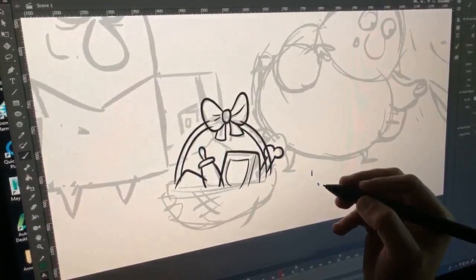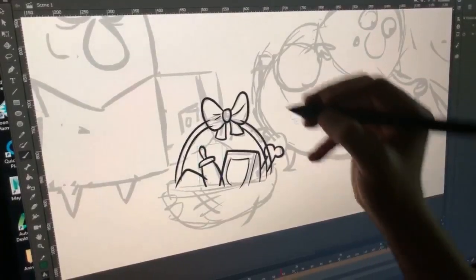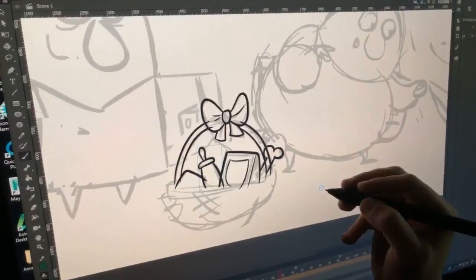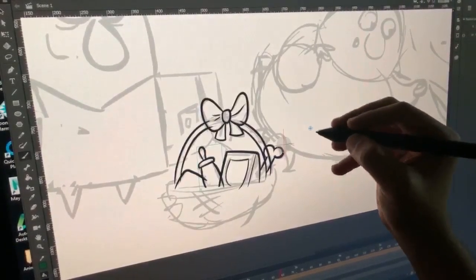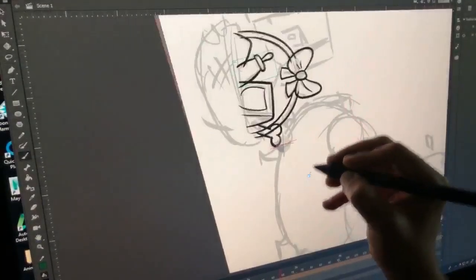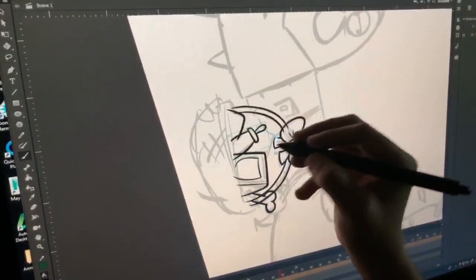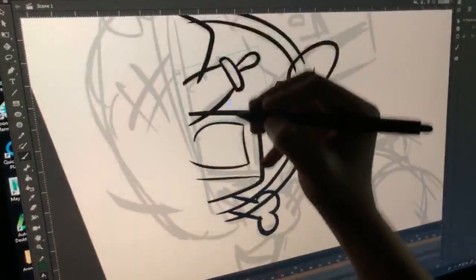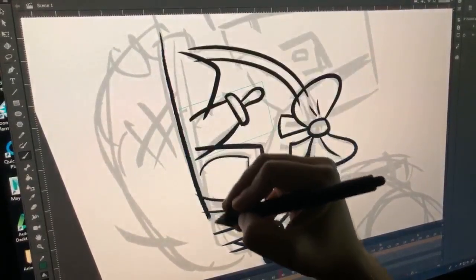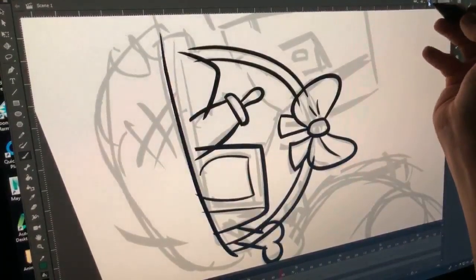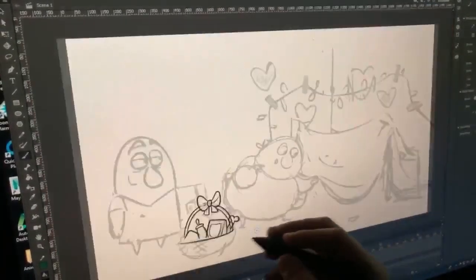But Flash has it too, where you can rotate the drawing board. It's Shift and Spacebar, and you can draw on different angles like this, and then you just hit this, and it goes back to normal.